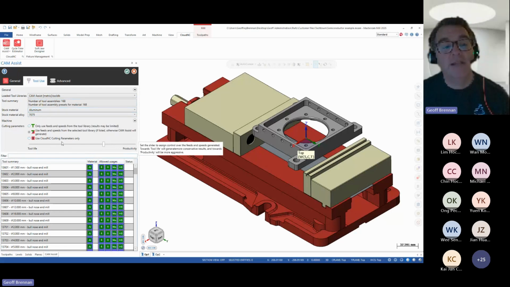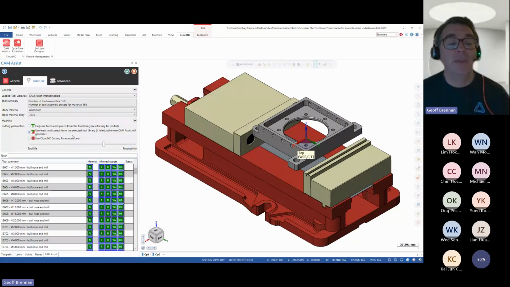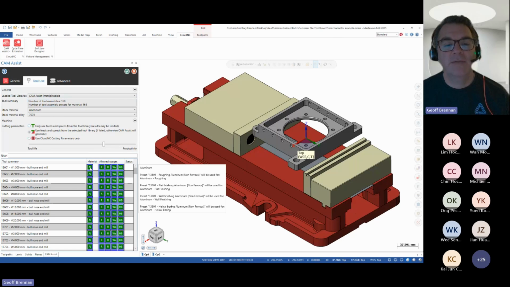So when I say cutting parameters, that's our system for defining and calculating the feeds and speeds directly from the parameters and the variables that are attached to the file. That's including everything from the material that we're going to be cutting to the tooling, to the machine properties, and a bit more. So we can use those to calculate, and we can also predefine. So if I want to run on my machine with my own feeds and speeds, we can run those with what we call presets. And you can see on this toolpath here that I've got some presets defined for aluminum.